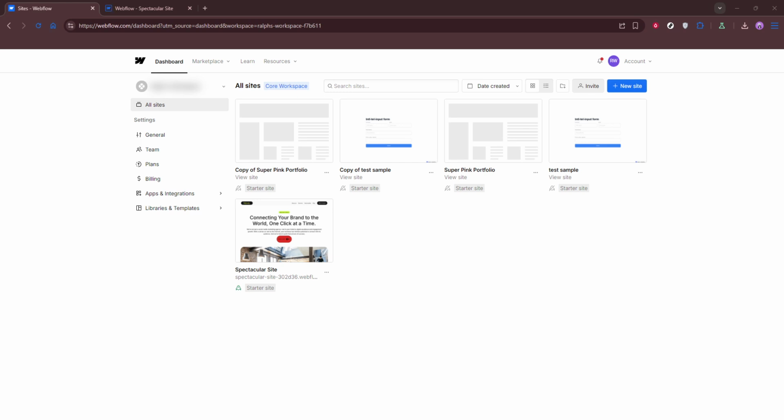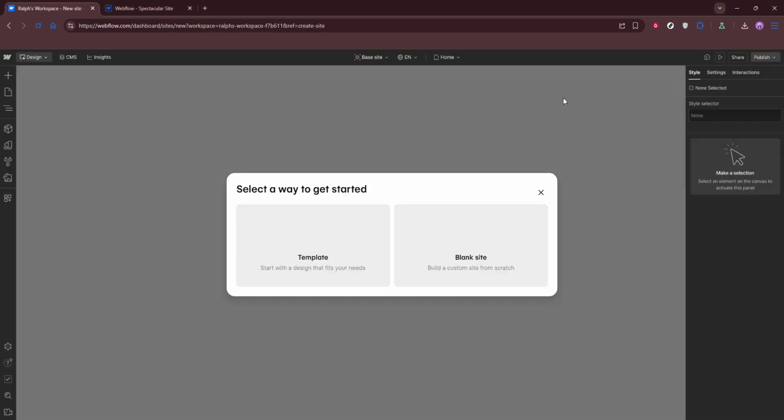From the dashboard, click New Site. This creates a fresh project and takes you to the setup flow. You can always rename your project later, so don't stress about the perfect title right now. Next, choose the template option. You could start from a blank canvas, but templates save a lot of time by giving you a professional structure,